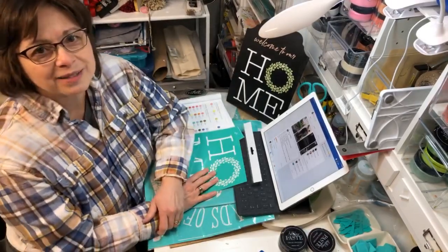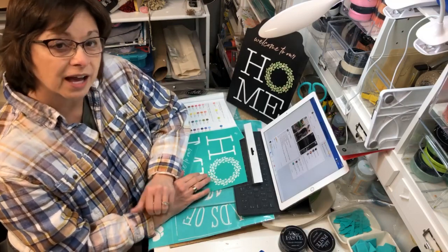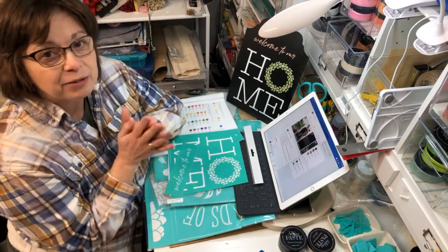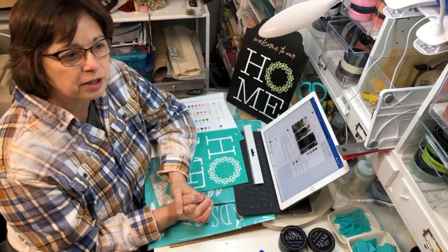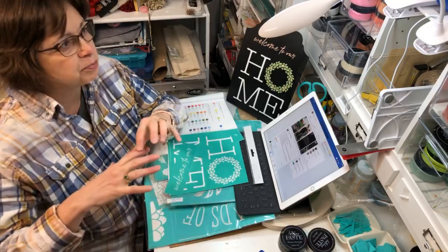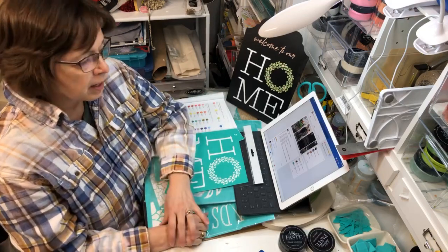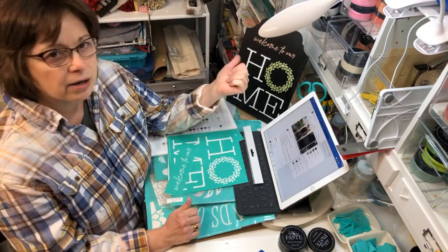It's been a while since I've been on the Facebook page here and doing a live, but I've just been patiently waiting for my new transfers to arrive. They're due to come in tomorrow, so I'm excited. I have some projects partly done and waiting for some transfers to come in and finish them up. But I thought I'd show you a little bit of what I've been doing, talk about our club